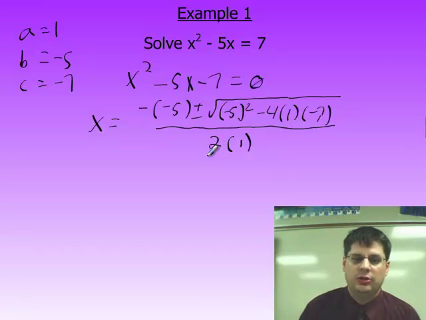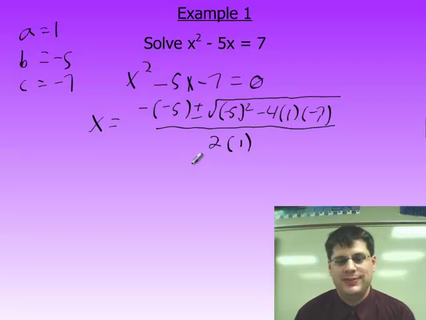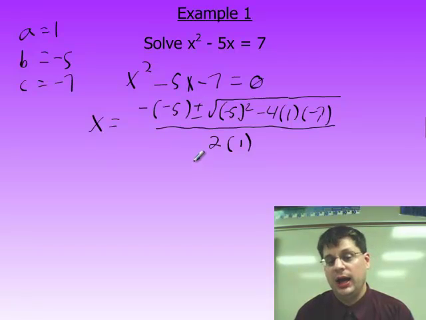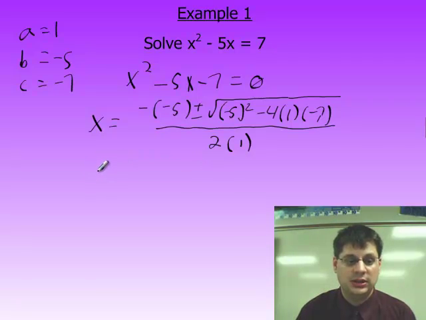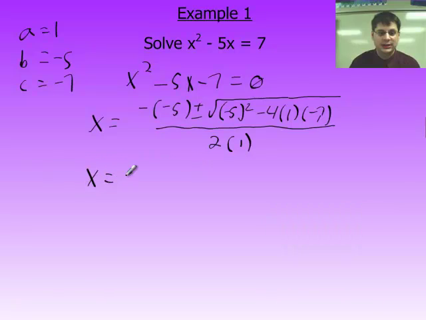Now we just start solving this. I would recommend that you don't try solving this all at once. It's so easy to make a simple sign error, and then that'll throw everything else off. So take the time, take a couple steps at least when simplifying this. So negative 5 minus negative 5 becomes positive 5 plus or minus, and this is going to become